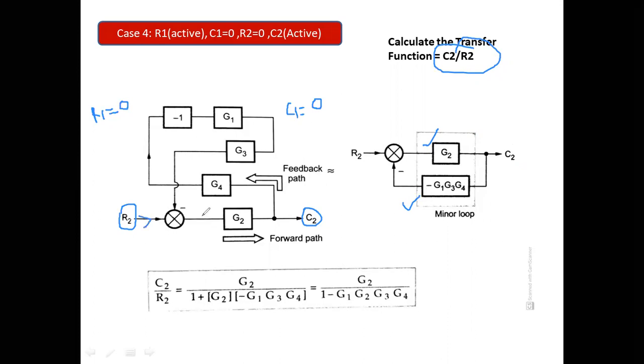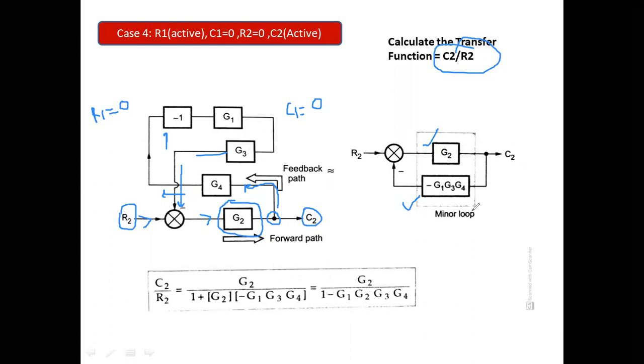Okay. Now when we move ahead from R2, in the forward path only one gain is coming, that is G2. So I have written G(s) equals G2, and after that forward gain again a takeoff point comes into the picture, and we have to see what actually the feedback path is all about. So in the feedback path, the G4 block comes into the picture. Okay, and the G4 block is getting multiplied by -1, so minus G4, and then it is getting multiplied by G1, and then by G3, and then it is reaching the negative point, the summing point.